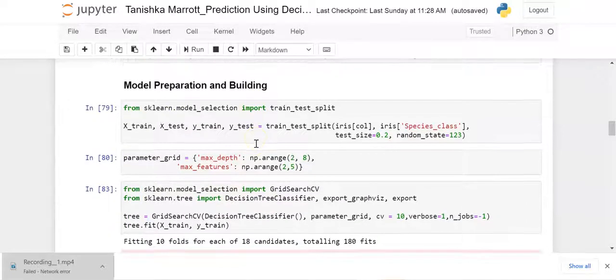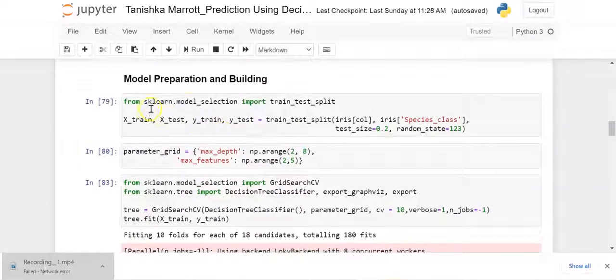So let's get started with model preparation and building. From sklearn.model_selection, I have imported train_test_split, which helps me split the dataset into two parts, the training set and the testing set.